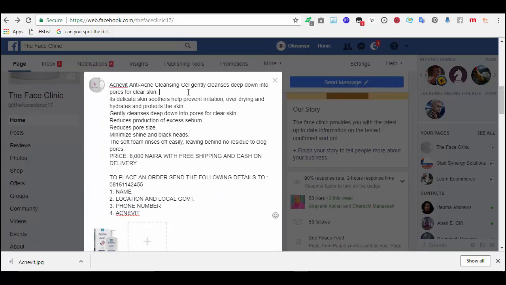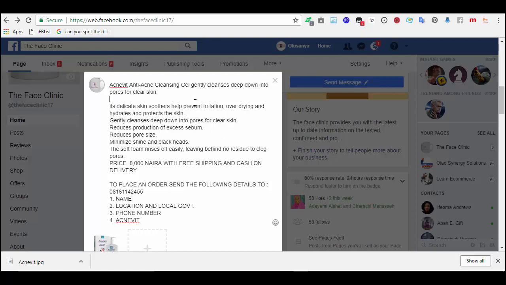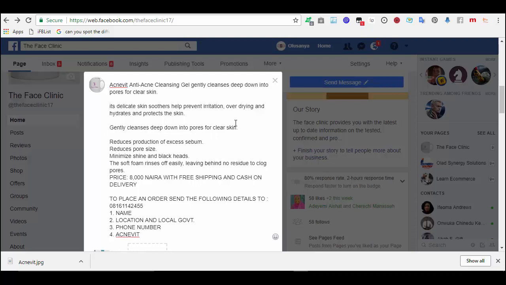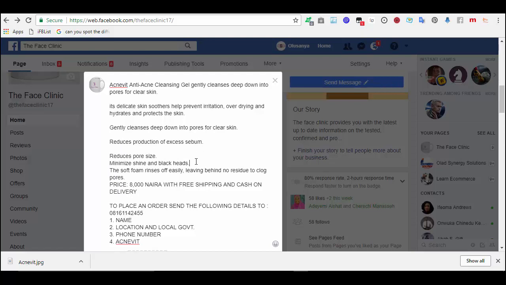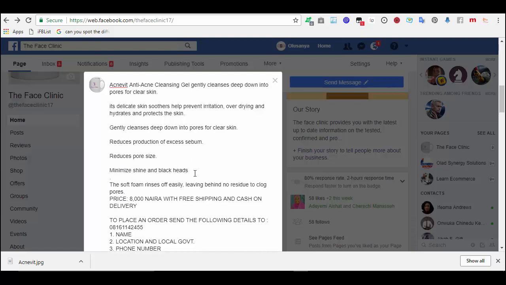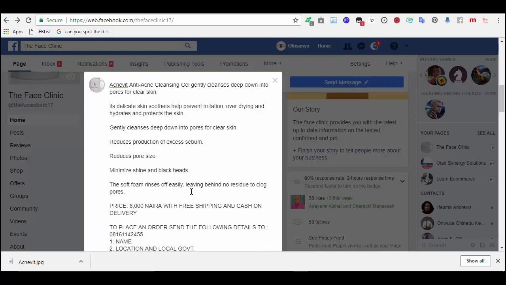So please give this a double spacing so that it won't look haggard when people are reading it. It is delicate skin. Yeah, reduces, so let's give it some kind of space. Okay.